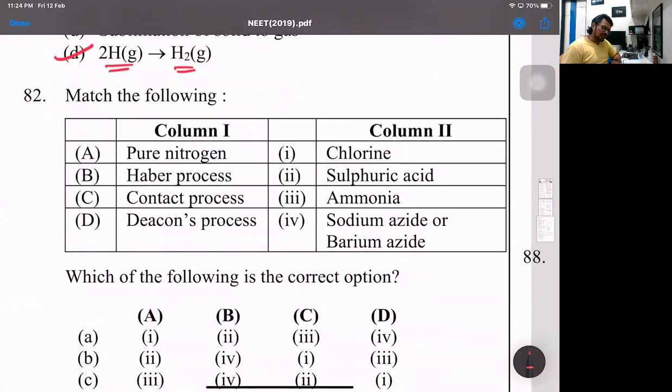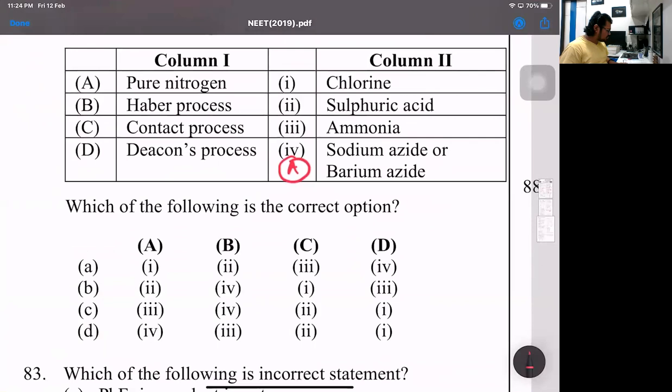Now pure nitrogen is prepared from sodium azide and barium azide over there. That part, if you observe, is only in one option, B. What are sodium azide and barium azide? That's basically in the airbags we have in cars. Whenever there's a collision, these bags contain sodium azide and barium azide. There are sensors which will ignite the sodium azide and barium azide, which will liberate nitrogen gas. This nitrogen gas will inflate the airbags, so whenever there's a collision, it will prevent you from having any type of damage to your body.